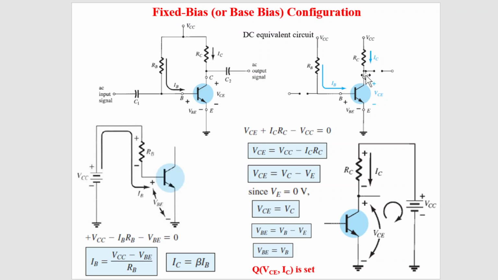And remember, this voltage should be much greater than the base voltage. So if you calculate the voltage drop VCB, that should be positive, which means the collector base junction will be in reverse bias. So this means that a single battery can be used to configure a transistor. This type of configuration is known as the fixed bias configuration, and this transistor can be used as an amplifier.